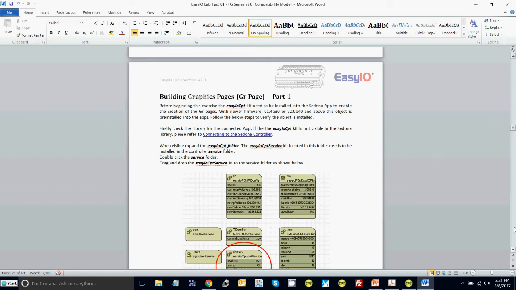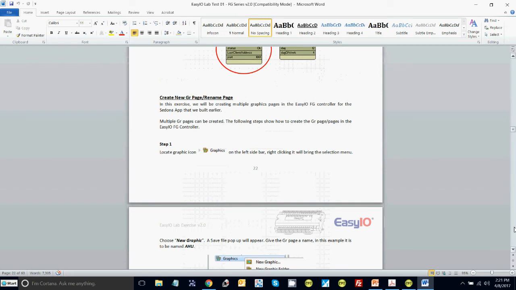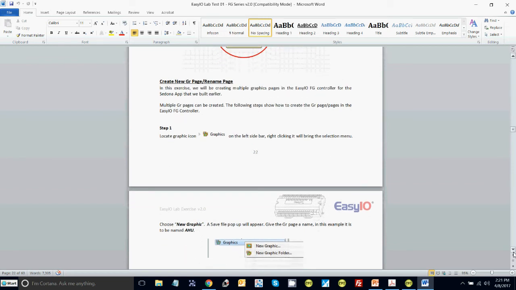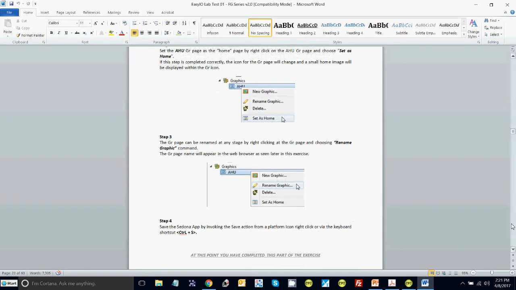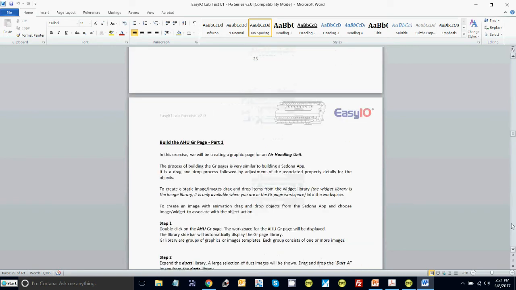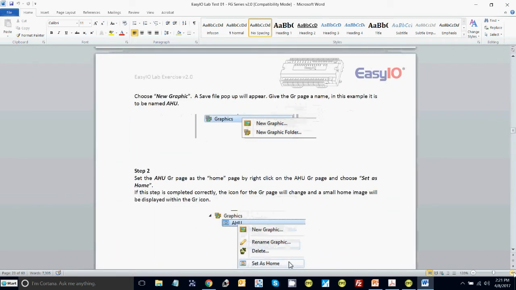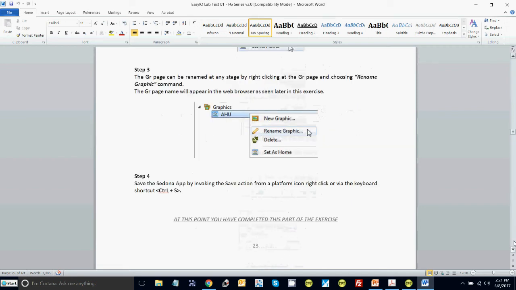Okay, CPT service these days is installed by default, so you don't need to worry about that. We've already renamed the first page to be AHU, so all I'm doing is going through page 22, just showing you what it's asking us to do. And the first thing it says is let's build the first part of the graphic. So we've got a graphic called AHU,